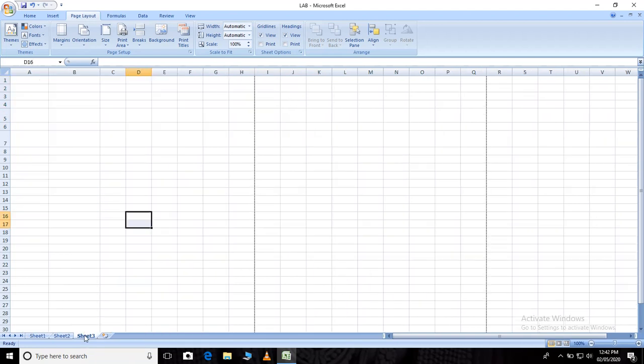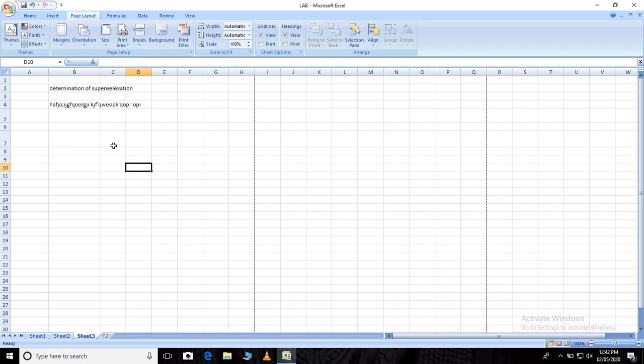Suppose you want to type something, so I'll write here: determination of super elevation. One thing you have to observe is what I have done here. I have clicked on one cell and continuously written the whole text, determination of super elevation.